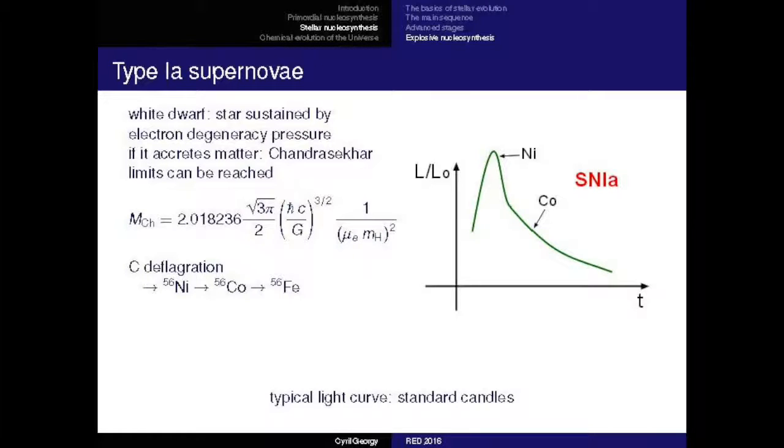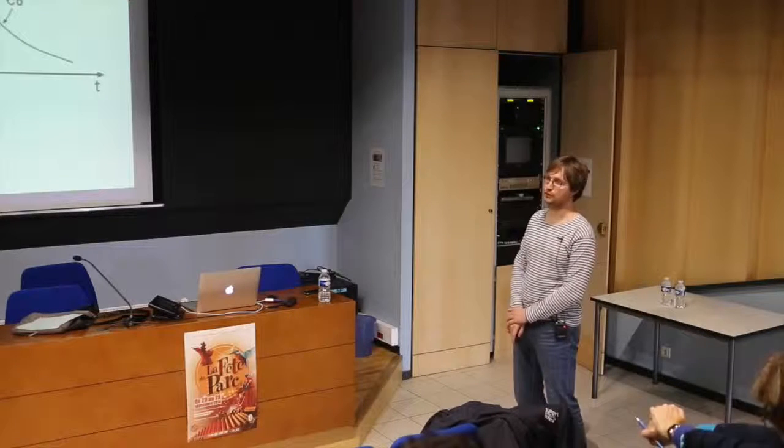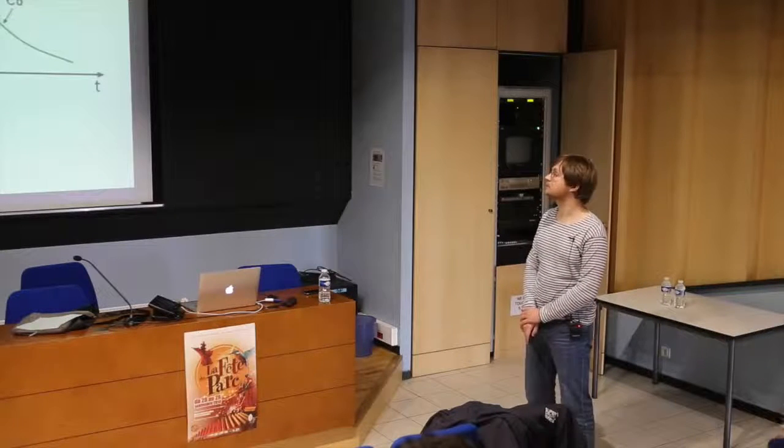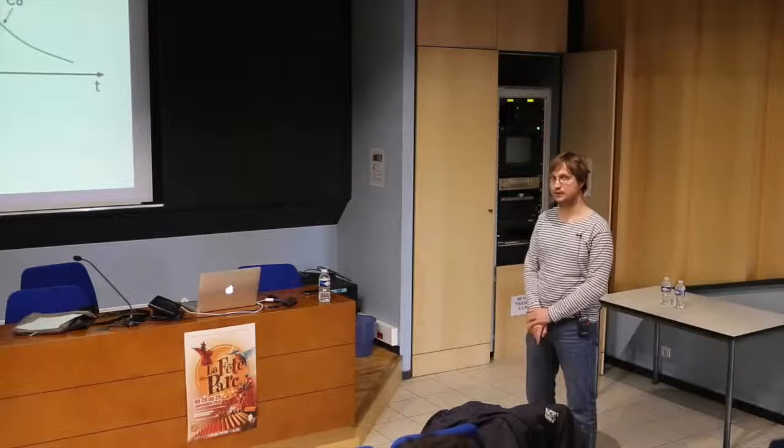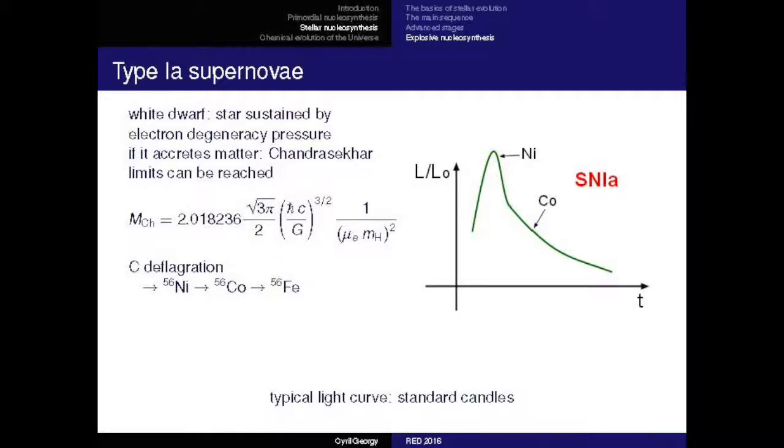It is with this kind of observation that we discovered quite recently that the expansion of the universe was accelerating again, by comparing the distance of type 1a supernovae to what we expect according to different kinds of models for the evolution of the universe. This was one of the Nobel Prizes, I don't remember the year, a few years ago. So this is what can happen for